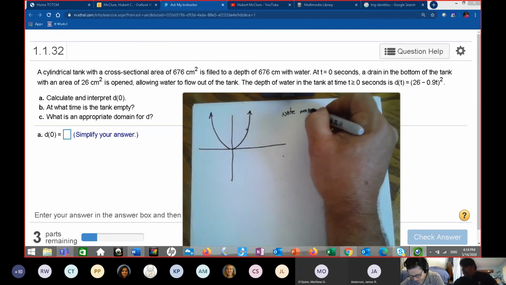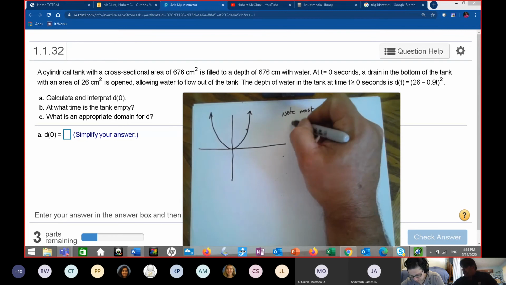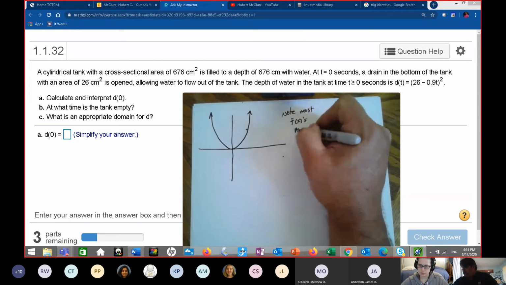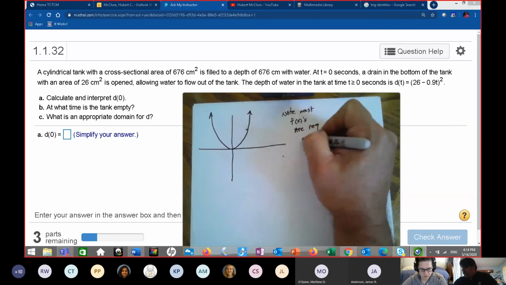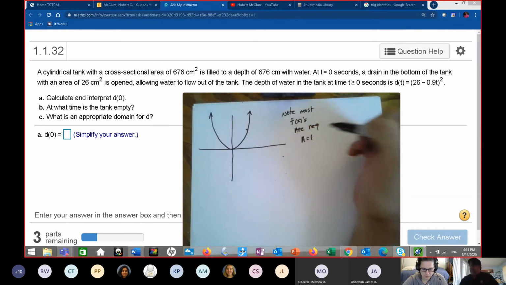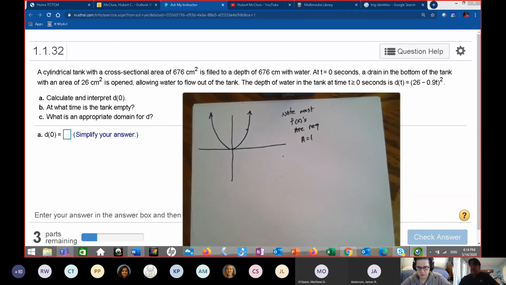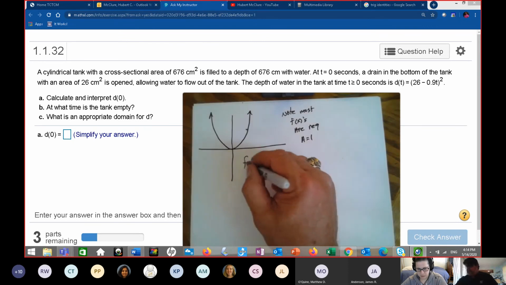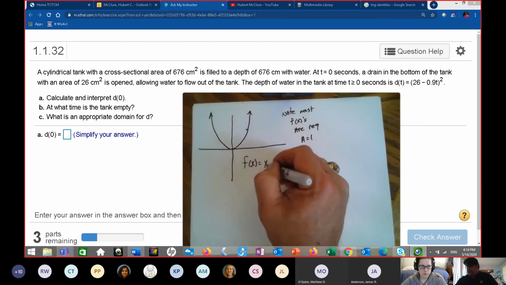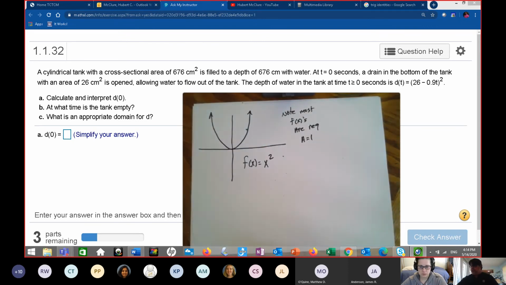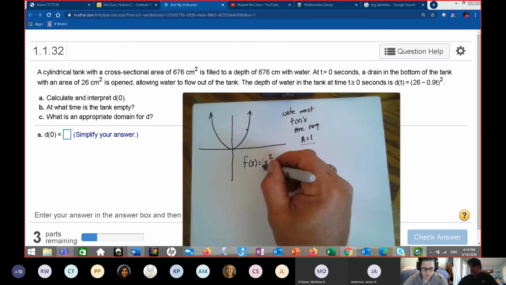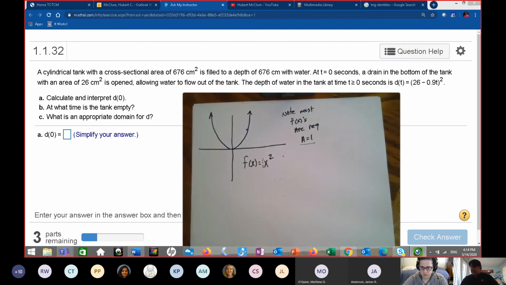most functions are regular, A is equal to 1. I have to give you that little note because you don't know if it's steep or compressed or stretched or whatever. This function is f of x equals x squared, because I'm assuming that A is equal to 1. But if I take the same function and I do this,